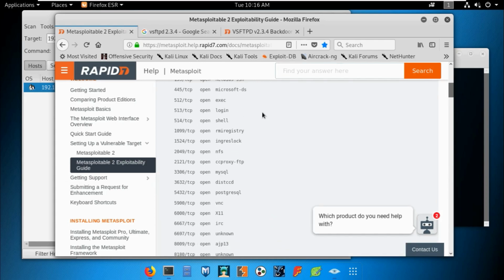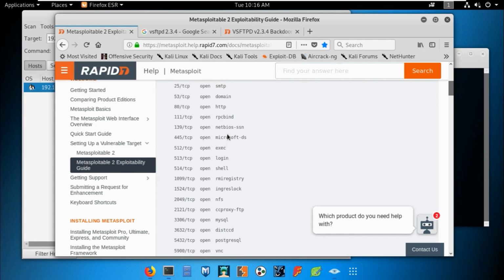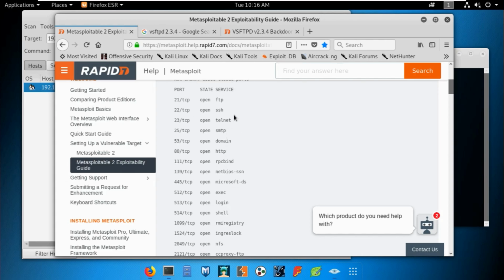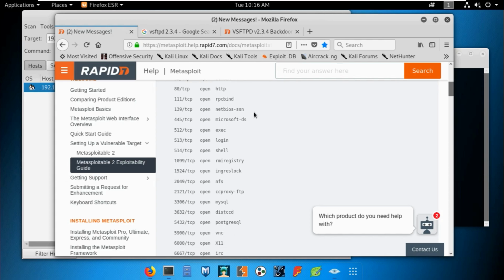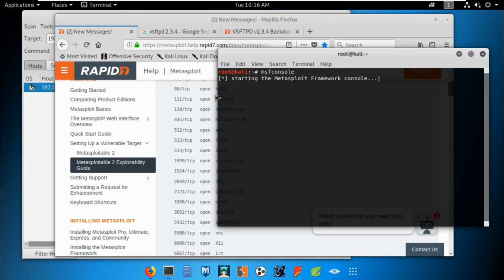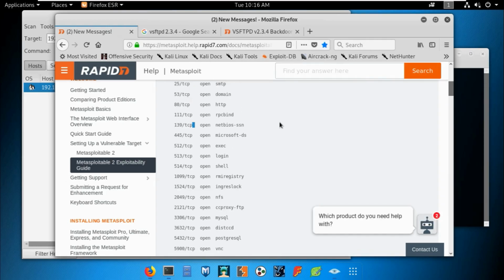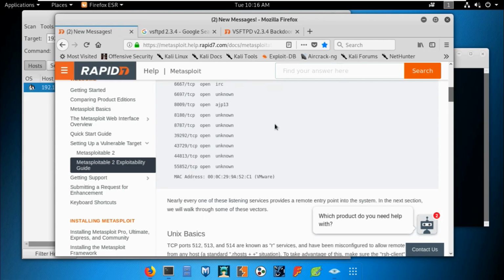There's a list of the exploits available in Metasploitable 2, the open service ports, and all of these open ports have some vulnerabilities. So you can try to exploit them in a legal environment and get an idea with this Metasploitable 2 machine, which is amazing.